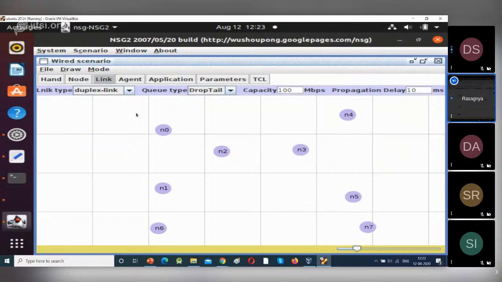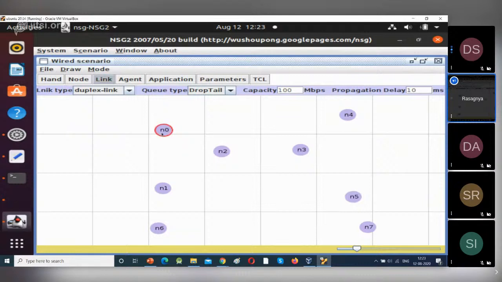To observe the drop tail mechanism, I'm selecting these three devices as my senders and these three devices as my receivers, and this is the common link. Bottleneck is nothing but there will be a common link, and the senders will utilize this common link to share the data to the destinations. Now we will connect the devices.